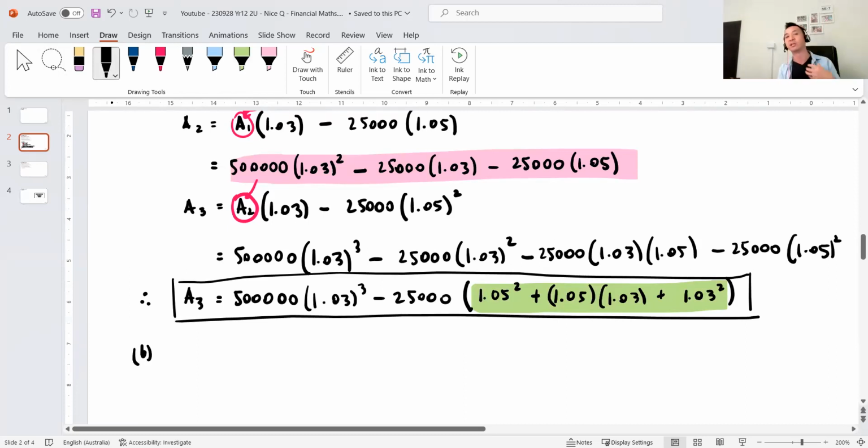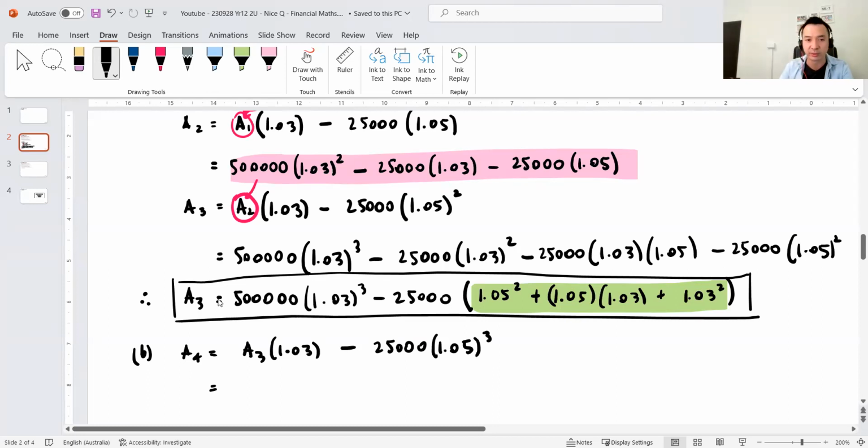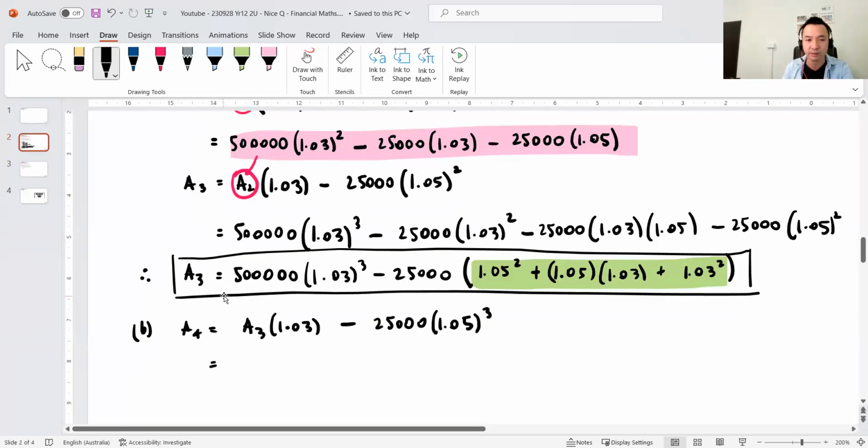Now, this is not necessary. This is only for me to demonstrate to you. This is how I would teach my students. Right now, I know the pattern, but just in case you can't see it, if I develop A4, which is A3 times 1.03 minus another lot of 25,000, but this time 1.05 to the power of 3, and if I sub that in there, I'm just going to go hasty about this, let's go quickly. If I sub this expression in there and multiply by 1.03, I'll get 500,000